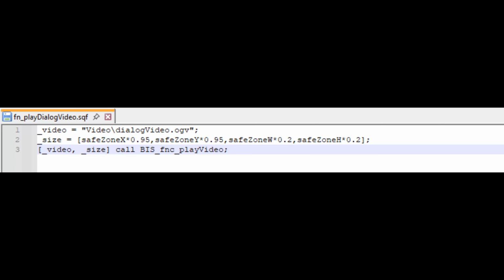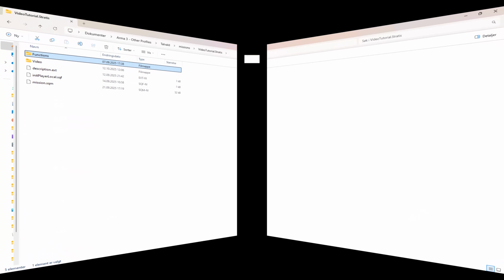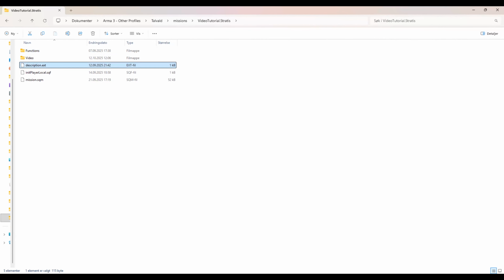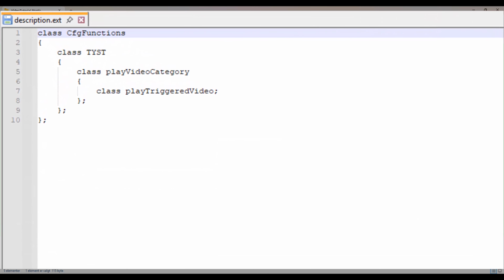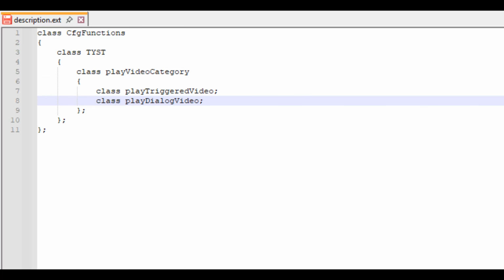Now we need to just remember to define the script file as a function. So head back into the mission folder and open up the description.ext file. Here inside the class playVideo category, which we created earlier, we are going to add the following line: class playDialogVideo;